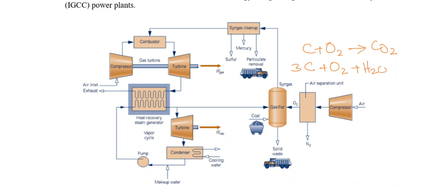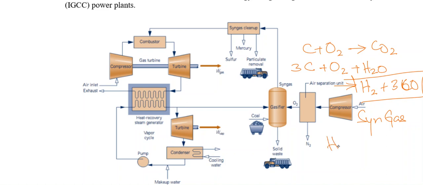steam, and that would give you H2 and 3CO. Sorry, C. This gas is called syngas, or what we call synthetic gas. So this gas is further combined with oxygen; in other words, it is actually combusted in a combustor to produce H2O